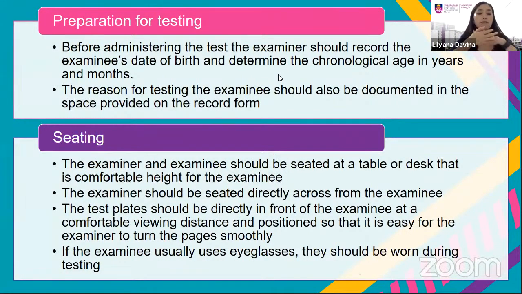Both examiner and examinee should be seated at a table or desk that is a comfortable height for the examinee. Make sure the table and chair are suitable for the child, and not for you. It doesn't matter for you, even a small table is fine. But the child needs to be seated at a table and desk of suitable height.